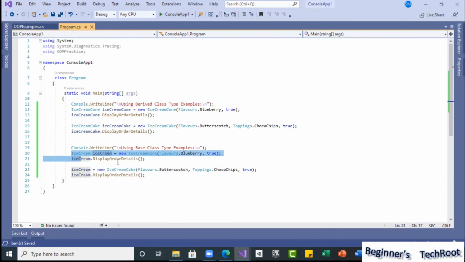We took the same ice cream type for both, but based on whatever object we assign to that variable, automatically, here also we are calling ice cream dot display order, and here also. Depending on what object we assign to that ice cream type, the runtime polymorphism is happening and it automatically calculates.